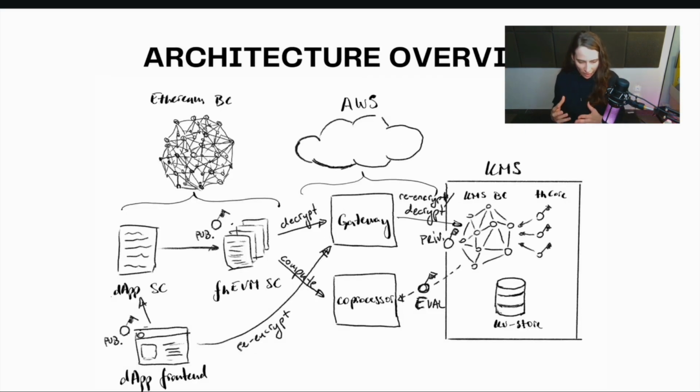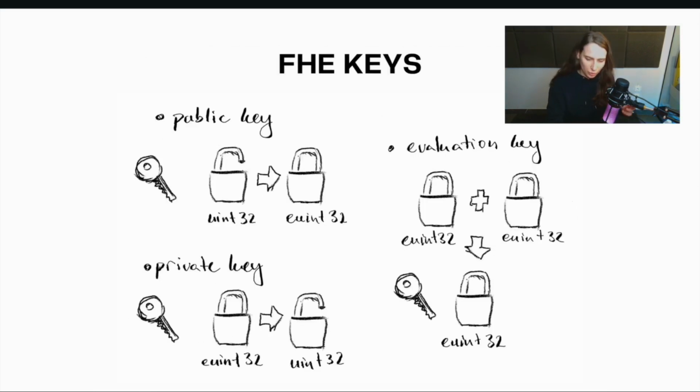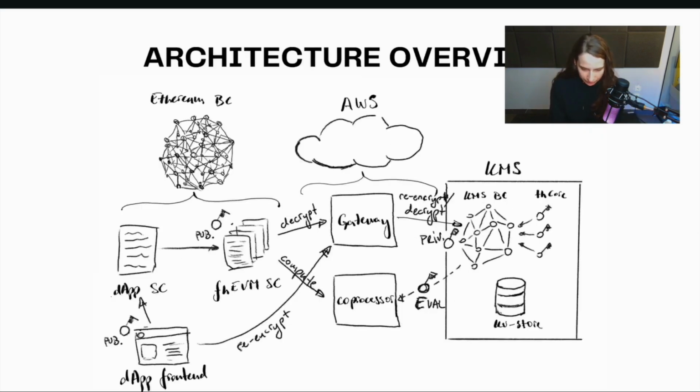One thing that we forgot about is what if we want to perform computations? What kind of computation am I talking about? Remember before that we had an evaluation key and we want to perform computations on two different encrypted data sets. Let's say encrypted 2 plus encrypted 3 would result in encrypted 5. How do we do that? Well, we have the evaluation key that is basically held by the coprocessor, and all the computations are basically sent from the FHEVM smart contracts to the coprocessor to compute.